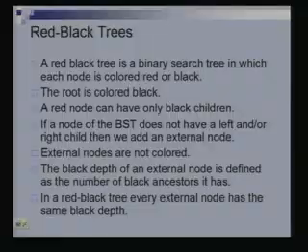So, what is a red black tree? First it is a binary search tree, and we take the nodes of the binary search tree and color them red and black, and then it becomes a red black tree subject to certain properties. First, the root has to be colored black, that is important. A red node can have only black children, that is another property that a red black tree has to have. If there is a red node, then its children have to be black.